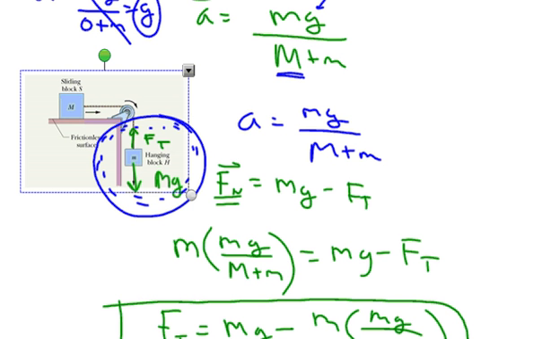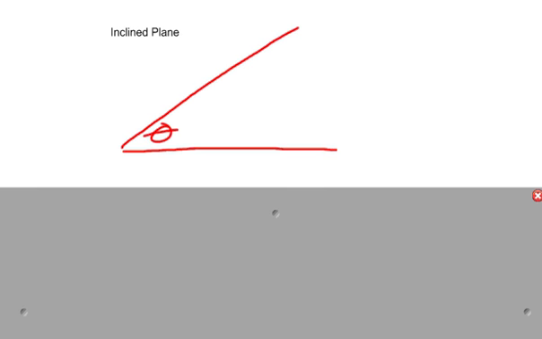Okay, next type of problem has to do with an inclined plane. But before we actually look at the problem at hand, let's think about an inclined plane. And for right now, let's consider it to be frictionless. So we've got some plane at some angle theta and a block that is